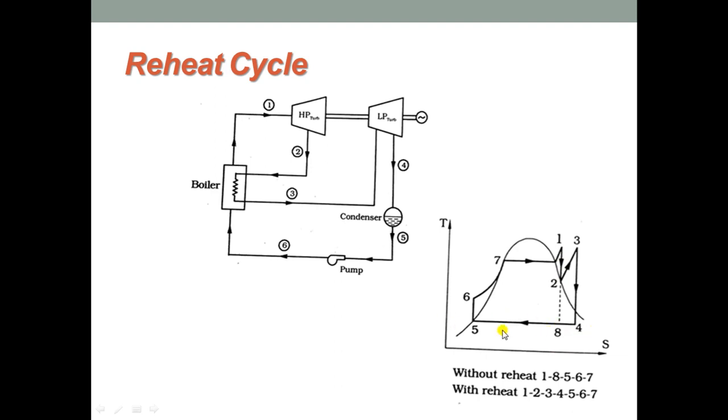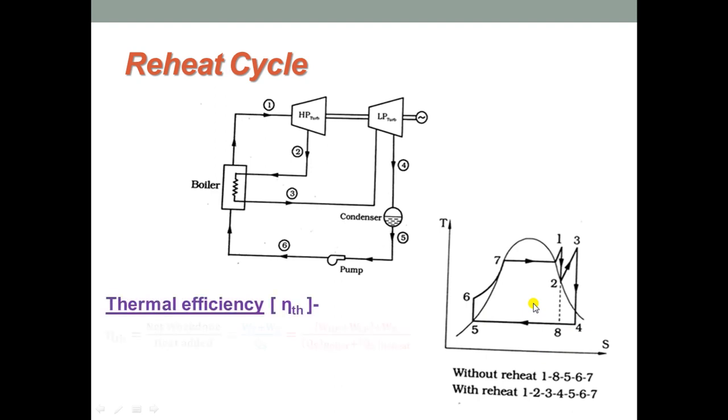Note that the dryness fraction of steam entering the condenser with the reheat cycle is greater, see, dryness fraction is greater here, right, and 0.8 represents the lowest dryness fraction. So, instead of entering at 8, it is going to enter at 4, and there is an increase in the dryness of the vapor. This happens because of the reheat cycle, and the dryness fraction is greater than that without the reheat cycle.